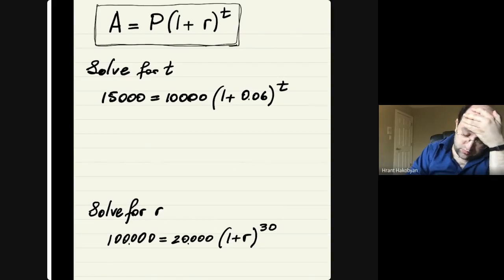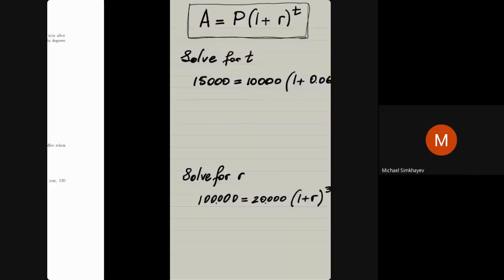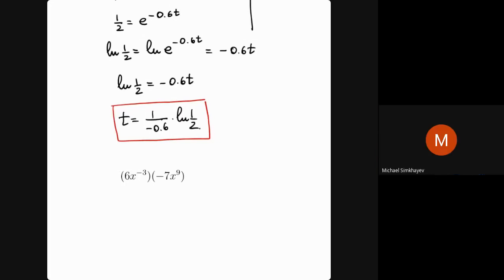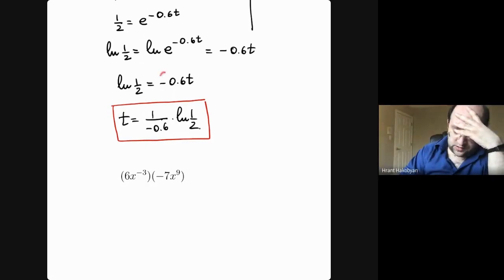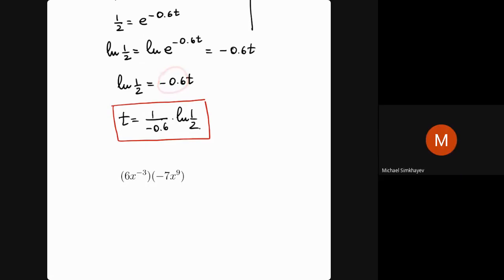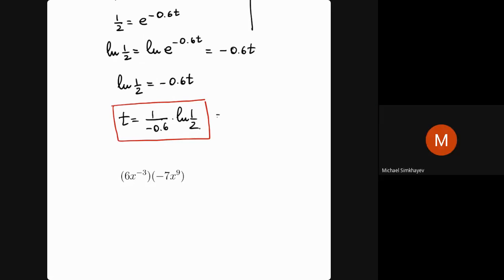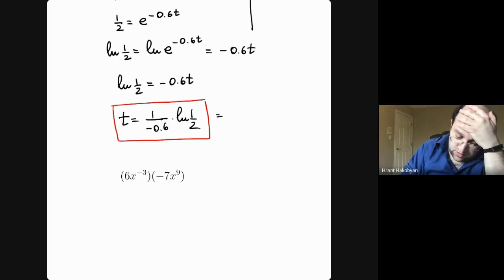But wait, I'm sorry. What was the answer for the previous question? Oh, I'm sorry, it was this one here. Okay, what did you exactly do? You just divided it? Yeah, I just divided by negative 0.6. So we can write it simplified, of course. We can write that this is equal to negative,